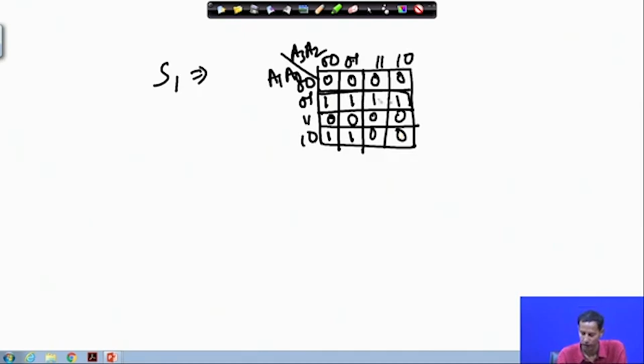So if I make this pair, this will be 1, and if I make this pair, the S1 expression can be written as